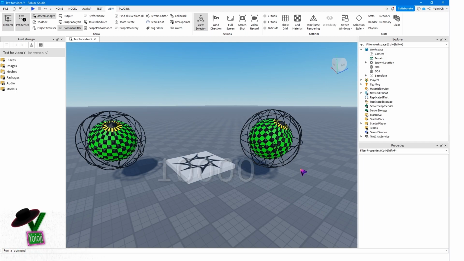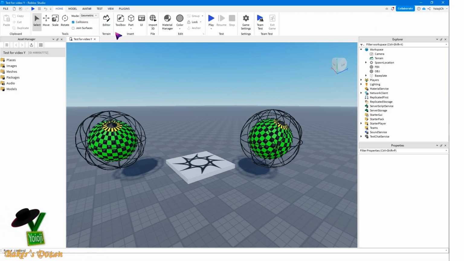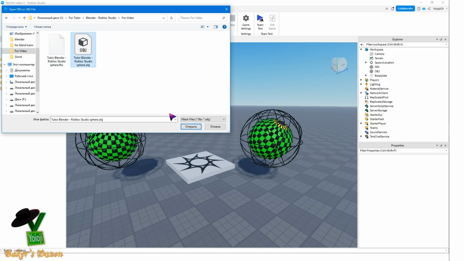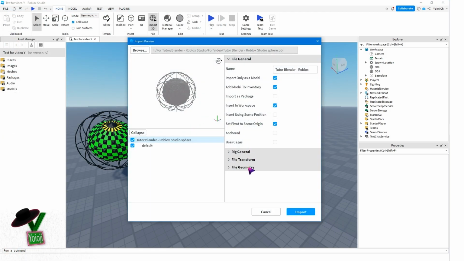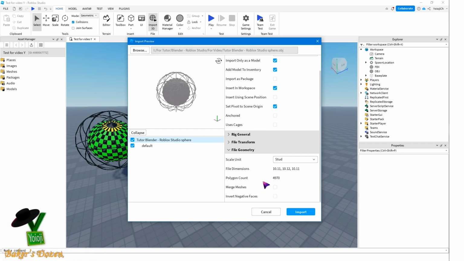Secondly, you cannot load a model with a large number of polygons, something around 10,000 maximum. To find out the polygon count of a model in Roblox Studio, you need to click on Import 3D file in the Home tab and select the file with our model. In the window that opens, go to the file Geometry, and in the item Polygon Count, we can see the